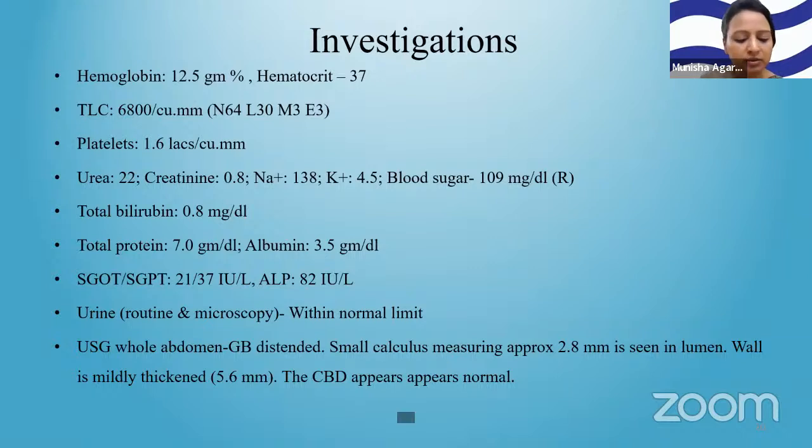So, Megha, tell us, during your lap surgeries, what is the gas used? What should be the ideal gas? Carbon dioxide gas is used for insufflation. Okay, why carbon dioxide? Anything special about it? Carbon dioxide does not support combustion. It is readily soluble in blood, and it can be rapidly eliminated by our lungs, and it is cost effective and easily available. So carbon dioxide is used for laparoscopic surgeries.